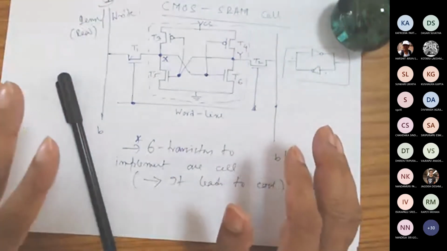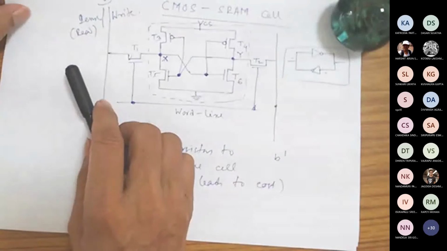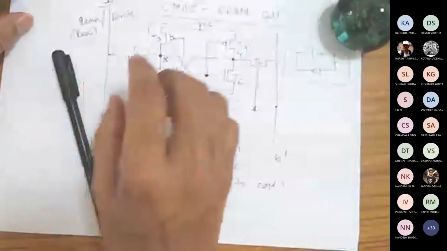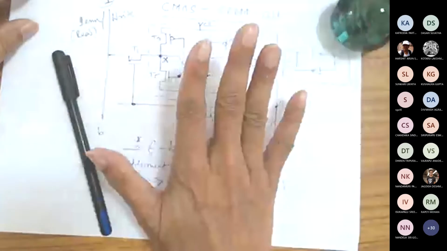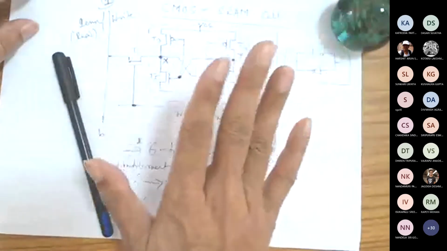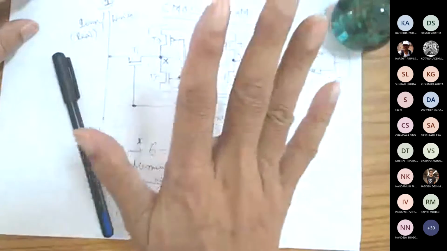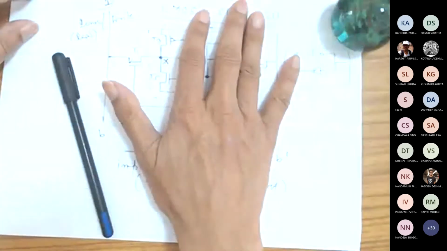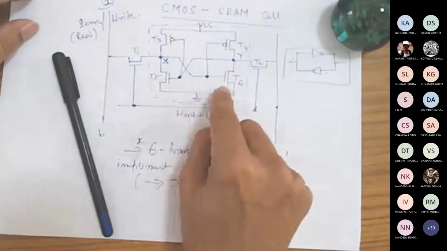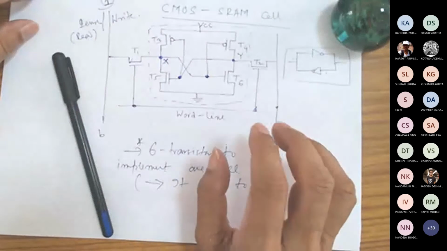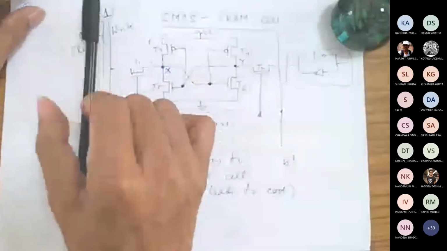We shall see how the dynamic RAM can be designed using a very small number of components, and then we will see why the cost is less in the case of dynamic RAMs. But all the registers and cache memory, which are designed using flip-flops and everything, are designed using static RAMs. So you know that for storing each and every bit, you require 6 transistors. That is the reason it is expensive.